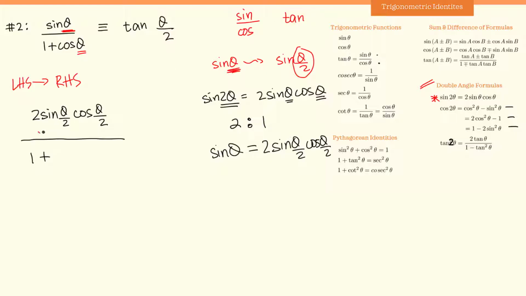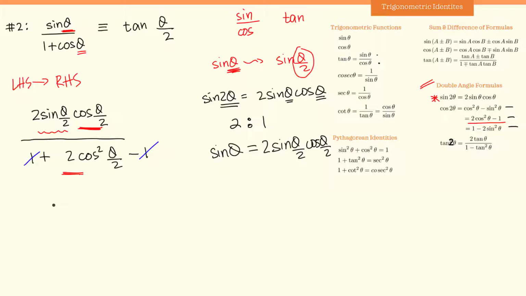We already have a sine function in the numerator, so this means I don't need this cosine function, which means that I need a cosine function in the denominator, so I can cancel these two cosine functions out. And the only formula out of these three is the second formula, which only has a cosine function in it. So I'll use this second formula, and in place of cosine of theta, I'll write 2 cosine square of theta upon 2, because the ratio of double angle formulas is 2:1. So if there is a 2 theta, it would be converted into theta. Similarly, if there is a theta, it would be converted into theta upon 2. So 2 cosine square theta upon 2 minus 1. And this plus 1 minus 1 cancel each other out.